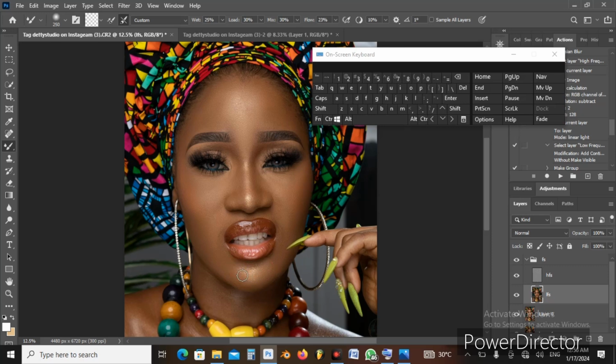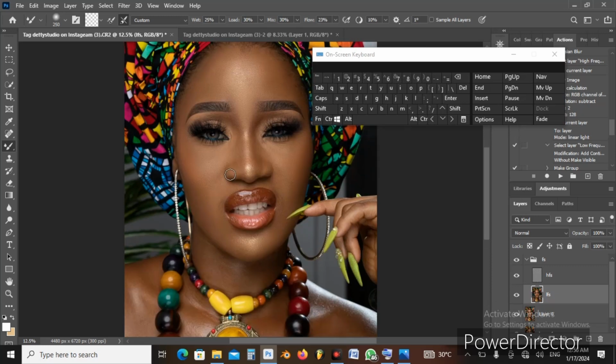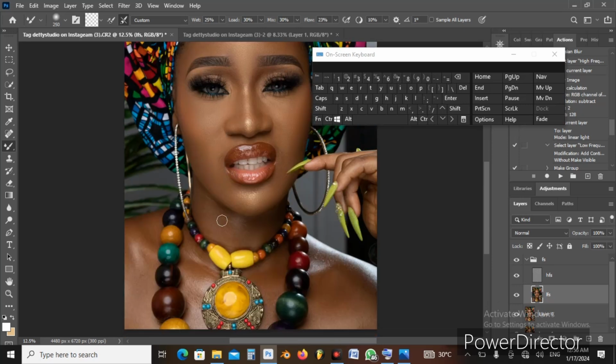Maintain the highlight and make sure the shadow is not really heavy. The neck is very soft. On the image, the neck is very soft. Make sure